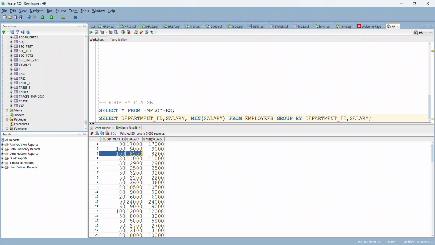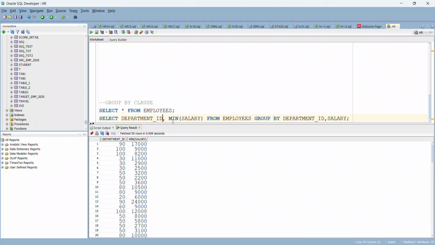If you add only department id, in that scenario 100 will be considered as one group. But now it is considered as groups like this. So the thing to remember is whichever column you have added in your select clause should be included in your group by clause. If I remove salary here and try to run this, this will work. How? Because it is not necessary that the columns present in your group by clause be present in your select clause,